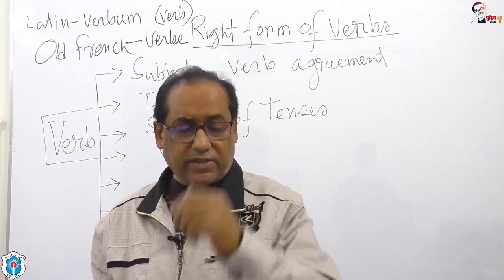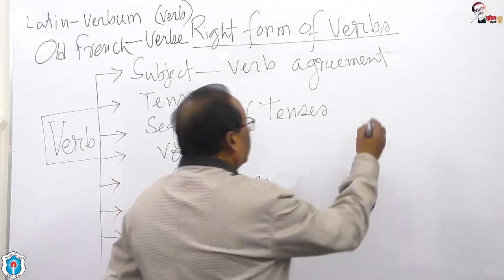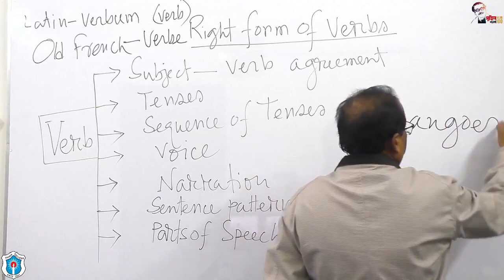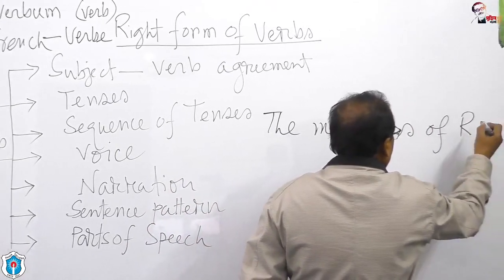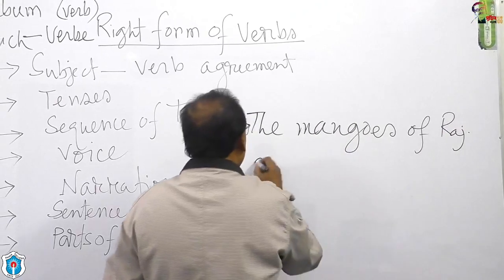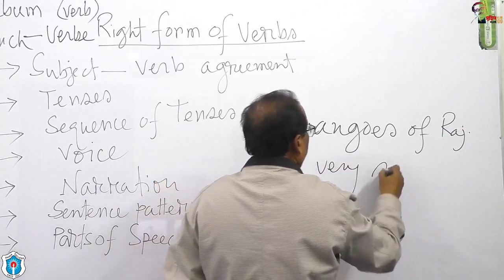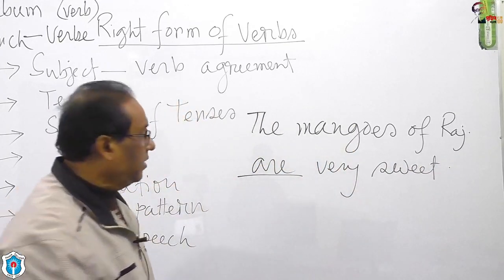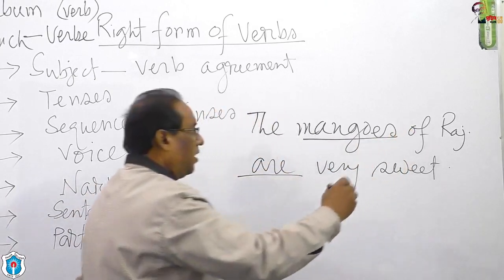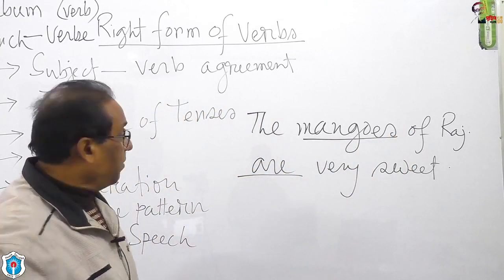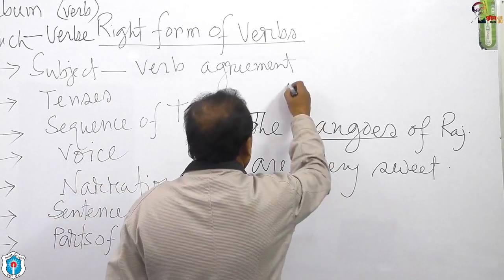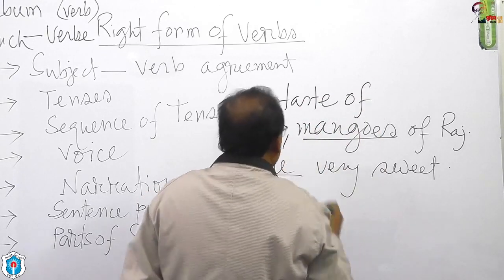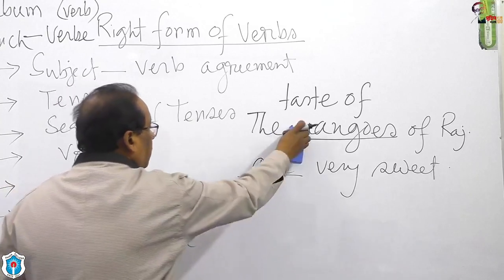Okay? For example, the mangoes of Rajshahi are very sweet. Look at the verb are, because mangoes are plural. But if I write in this way, the taste of the mangoes, suppose the taste of the mangoes of Rajshahi,